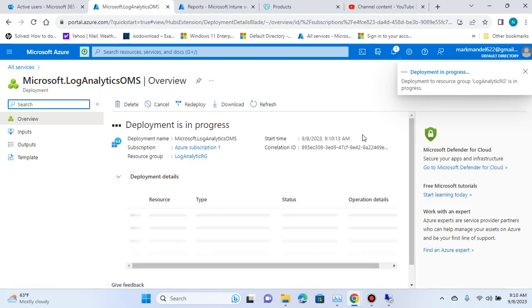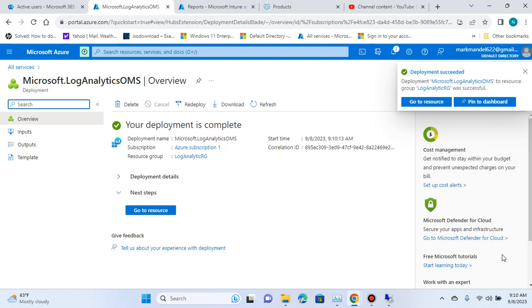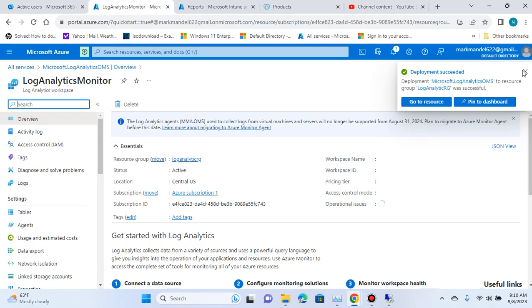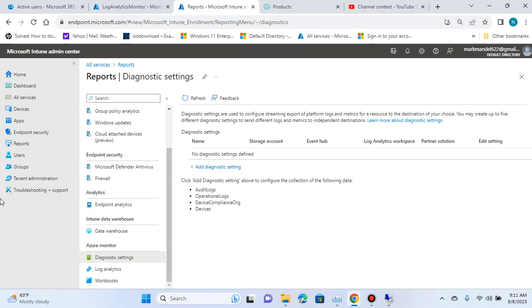So this is gonna go ahead and there's a process actually, as you can see here, and as I mentioned in the alert video previously, it provisions and creates a lot of things in here, which obviously looks like it's been done successfully. You go to the resource here, and that's where we created the log analytic. So we're gonna go to the endpoint